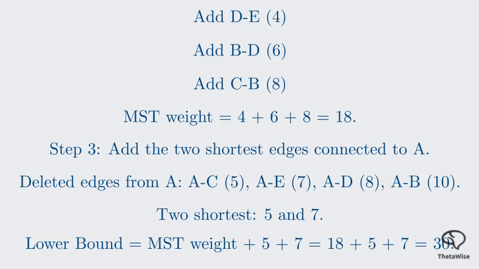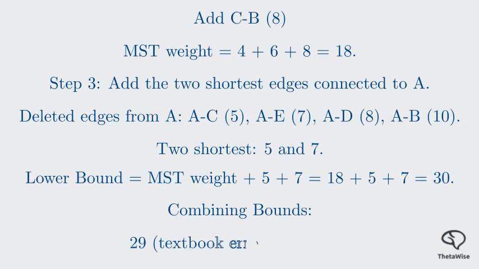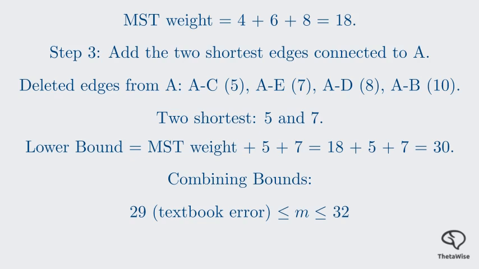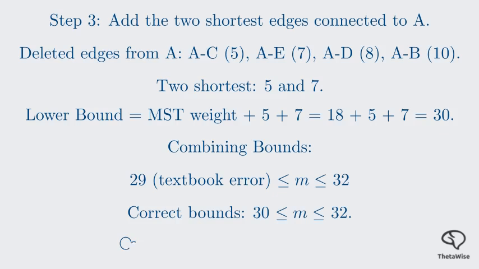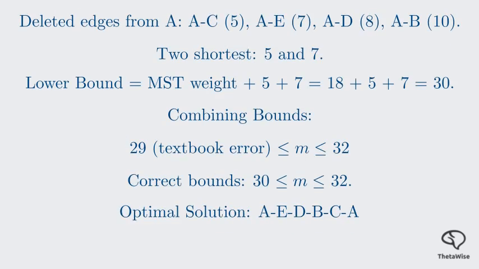This means the actual TSP cost must be at least 30. Combining our upper bound of 32 from the nearest neighbor algorithm and our lower bound of 30, we have narrowed down the answer. The minimum weight for this TSP is either 30, 31, or 32. In fact, by inspection, the optimal cycle is